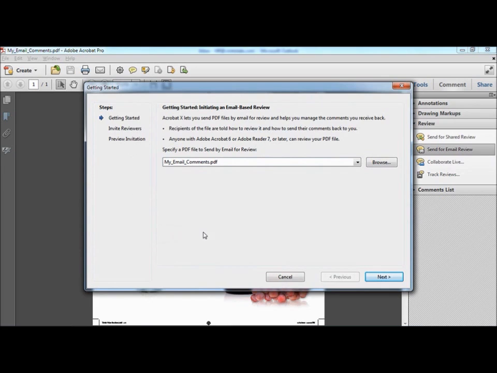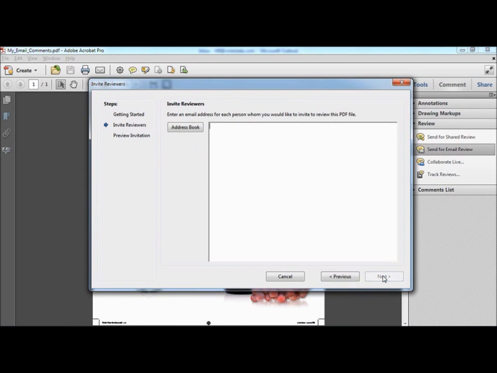When the dialog box opens, Acrobat prompts you to select a file for the email review. It assumes you want to send the currently open document, but you don't have to. You can click Browse now and select another file from the hard drive. Click Next. In this dialog box, you need to add the email addresses for the people you want to share